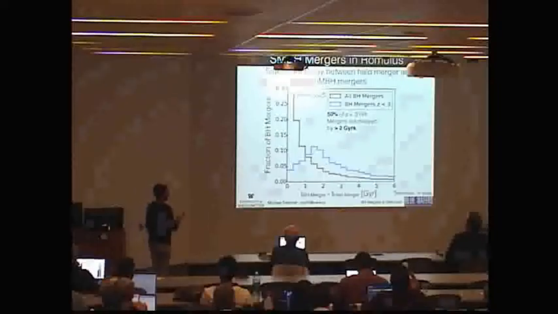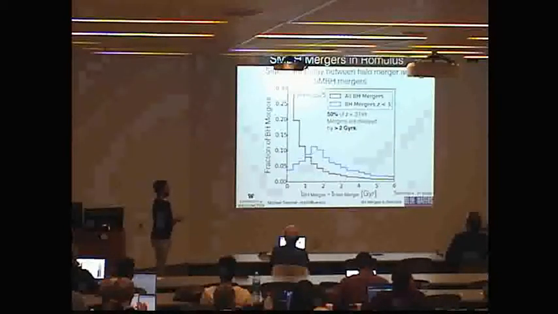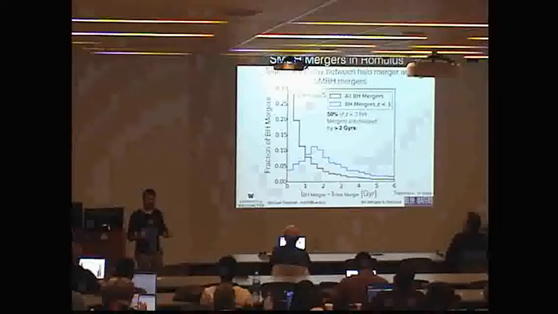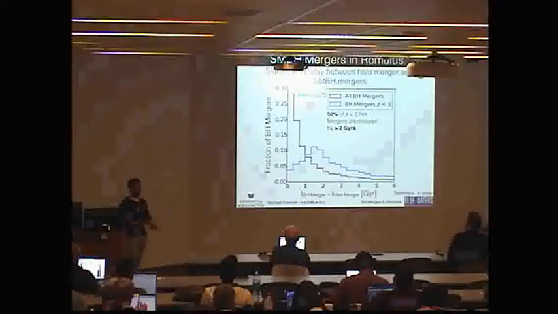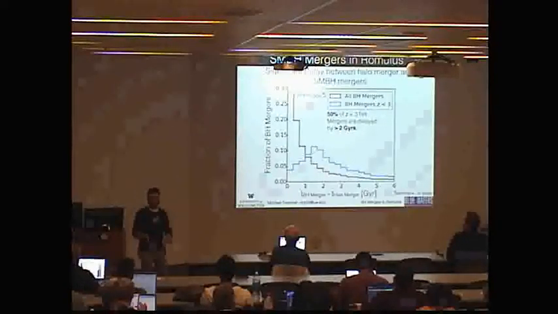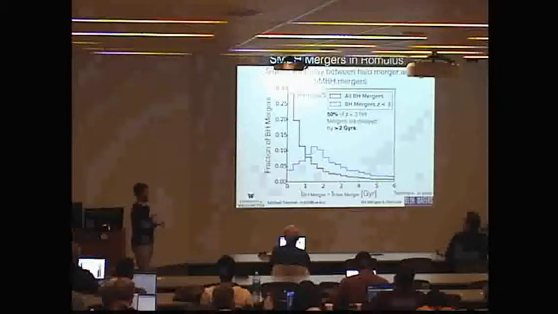But if you observe a lower redshift black hole merger, as you get to lower and lower redshift, you're sampling this tail more and more, and so you're more and more likely to get a black hole that's very disconnected from the original merger event. This will help us better understand what host galaxies we would expect to find black hole merger remnants in. Not necessarily newly merged or merging galaxies, but relatively relaxed galaxies that are several billion years post-merger event.